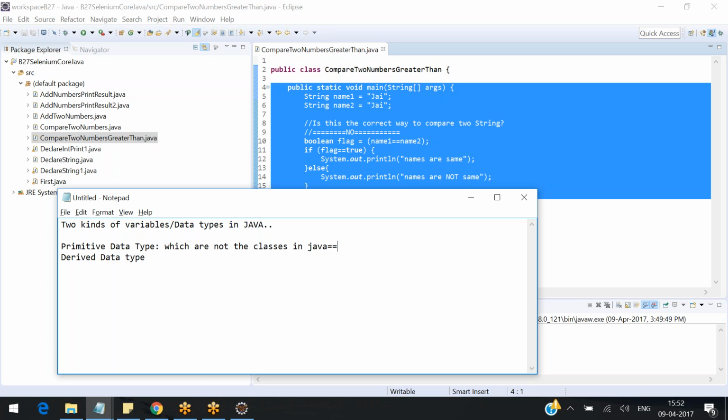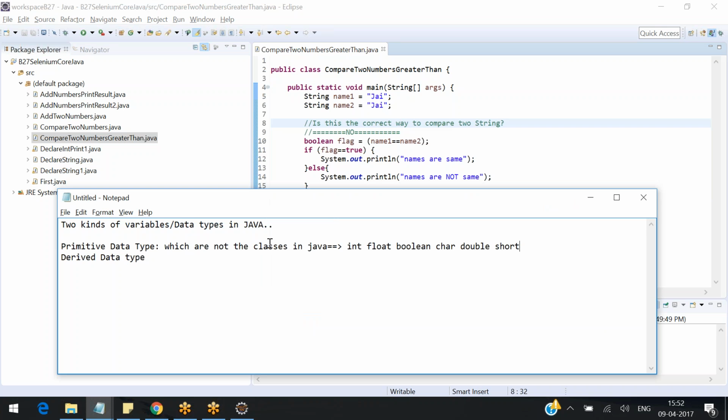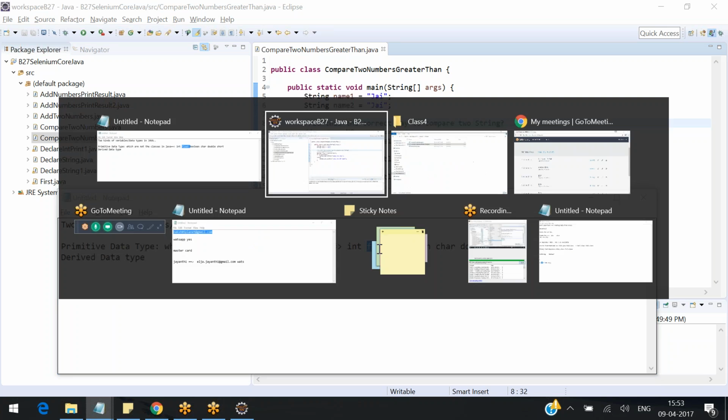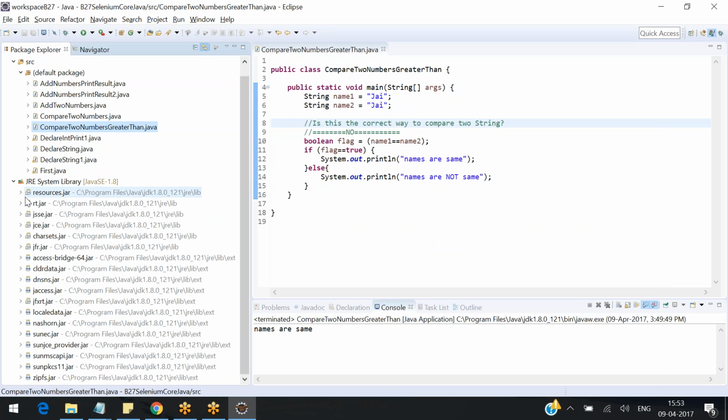Examples are int, float, boolean, character, double, short. There might be two or three more. These are the primitive data types. In Java, there is no class called int class. There is no class called float class. What I mean to say is, if you go to the Java system library,